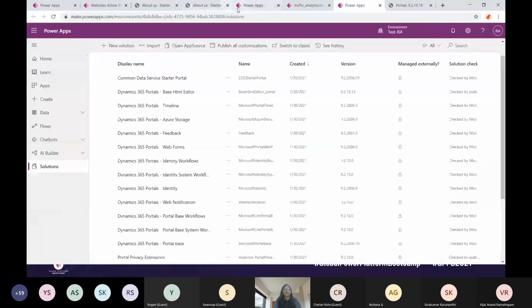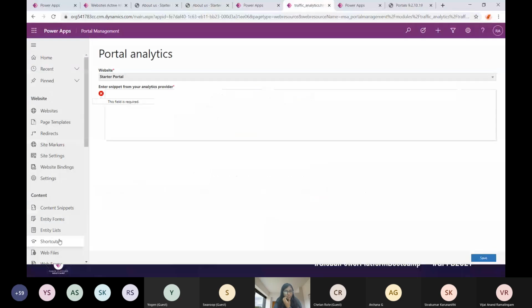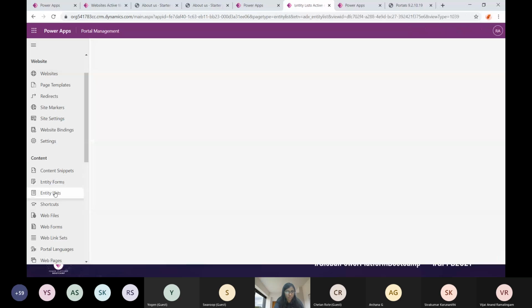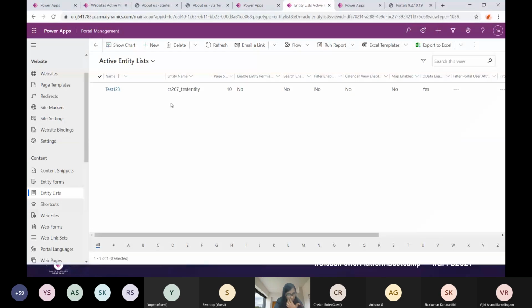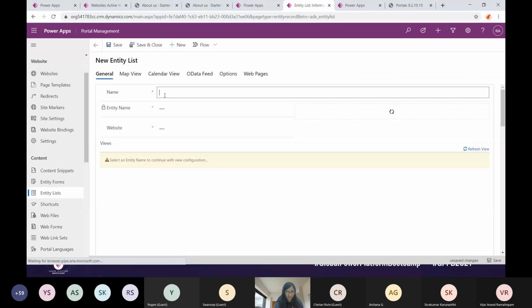Okay, leave it. Next, I have to show you how you can show data as part of these tables. So let's say if you want to get data from a table, then you can go and create an entity list here. So let's say show records.